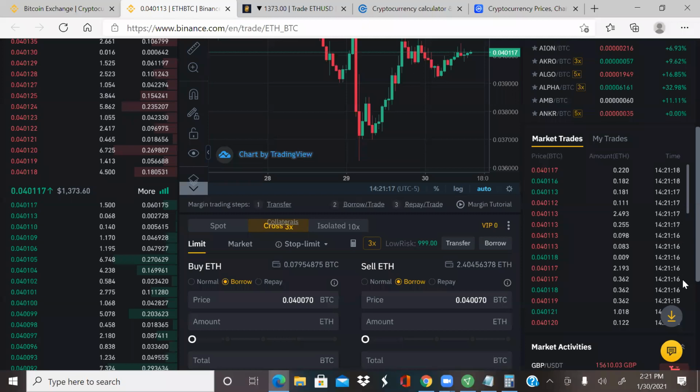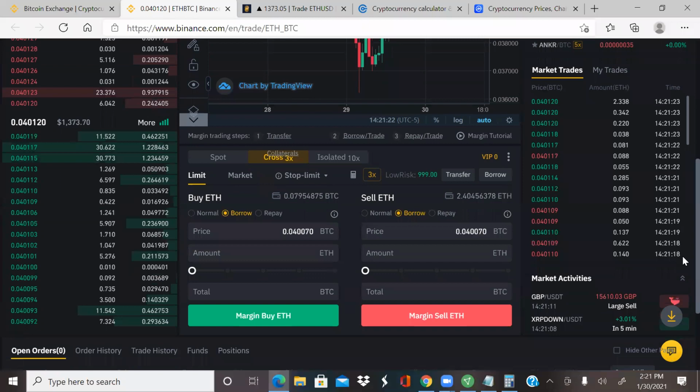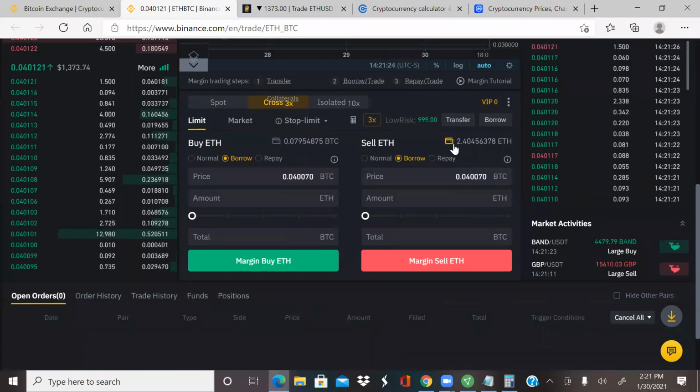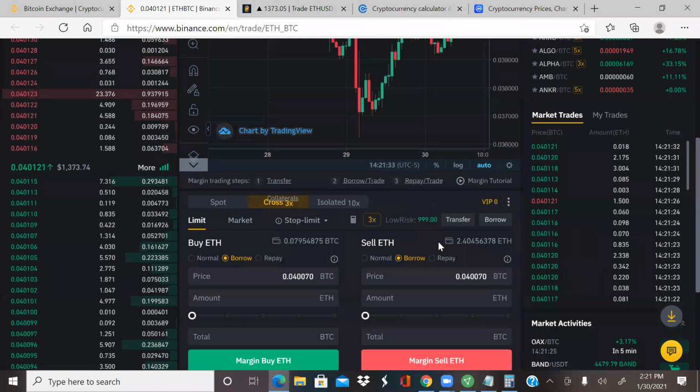I've already placed a trade on Ethereum. So that's why you can see that I still have a running account. So please pay attention. Now, you see where there is borrow. Because I'm doing cross margin, which is 3x, my initial balance is times 3. Now, if I go back to normal, if I click normal,